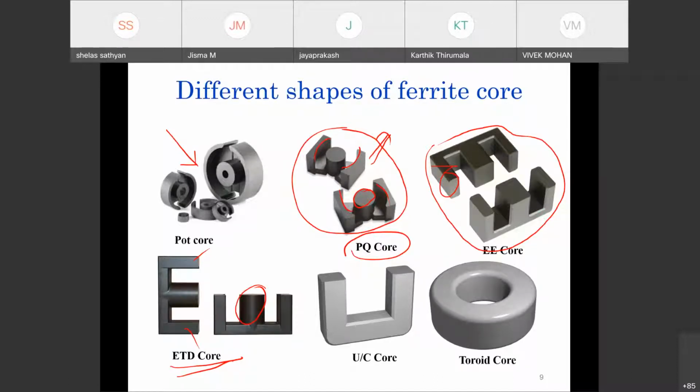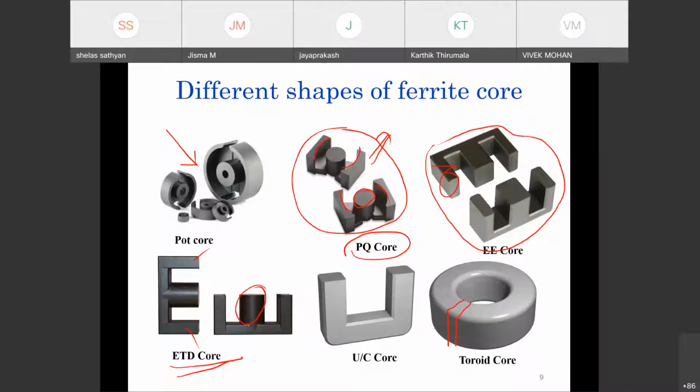One thing is that making an inductor with a toroidal core is not advisable, because inductors are meant to store energy during a portion of the switching cycle. In that case, if you are using a toroidal core, there is a high chance it may get saturated, because we cannot provide an air gap. The only way to provide an air gap is to cut the toroidal core somewhere here, so you can provide an air gap, then wind the conductors on it. As an EMI suppression element or a filter element, you could use a toroidal core, but as an energy storing element, you should not use a toroidal core, especially a ferrite toroidal core.